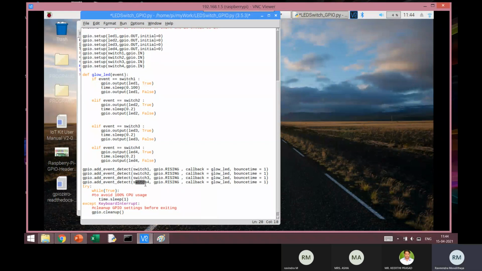If it happens in switch 4, the value of event will be switch 4. In the function definition, there should be a colon at the end. This is very important. So this is the function header, which ends with the colon. The only thing I can write after this is any comments. I can write any comment after this, but otherwise I should not write anything that is part of the code.